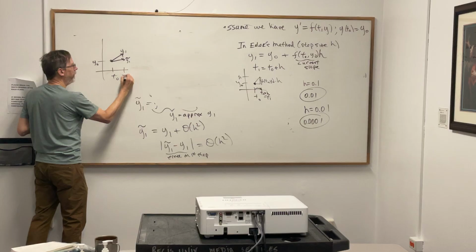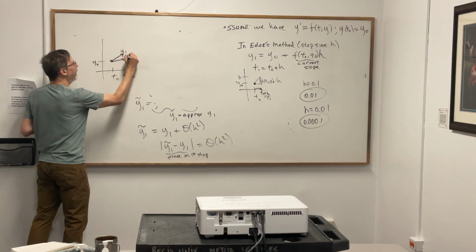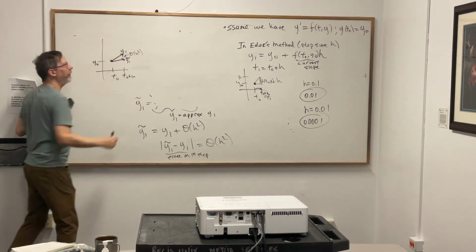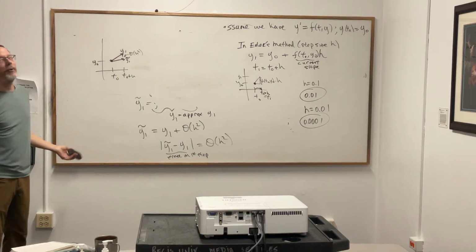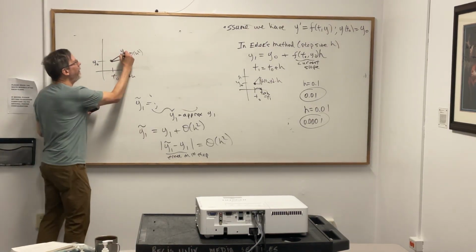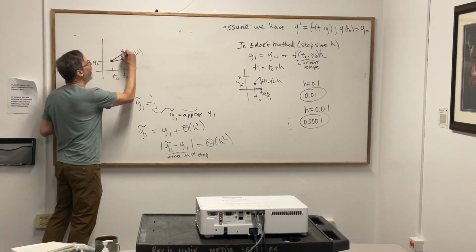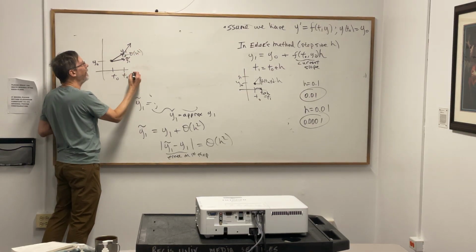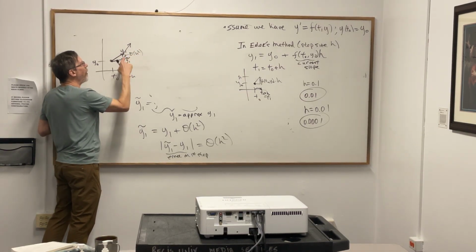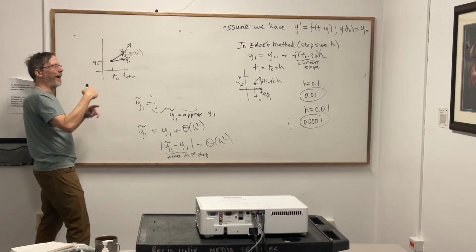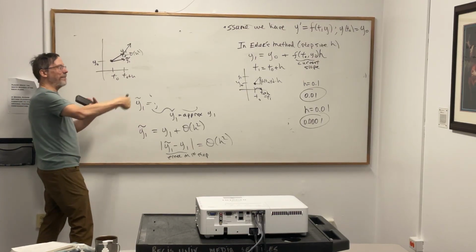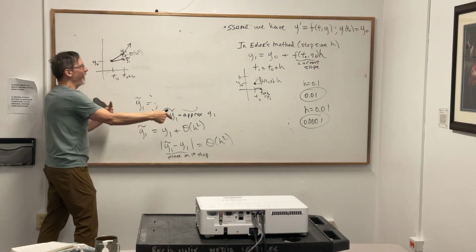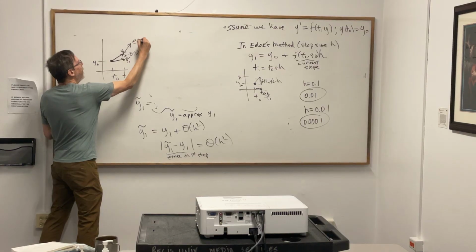So let's see, if this is t naught plus h, this is order h squared difference right there. And then I do it again. So I'm moving from here, and I started off on the wrong foot, and that wrong foot is going to become many wrong feet stacked together. So the error propagates